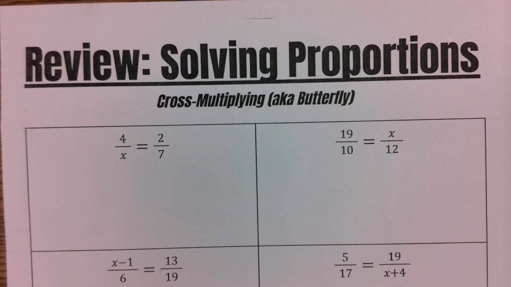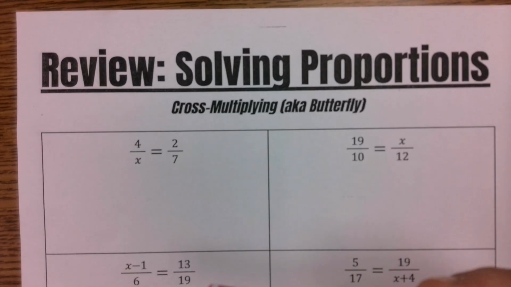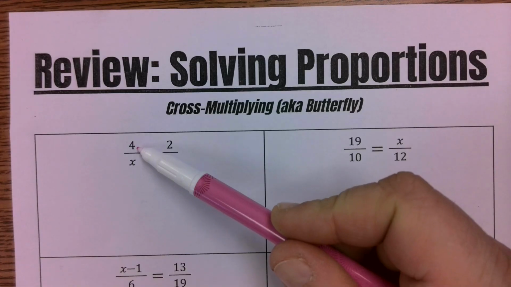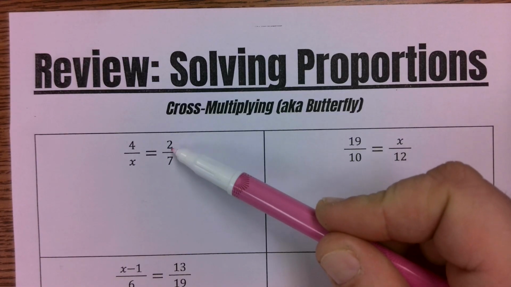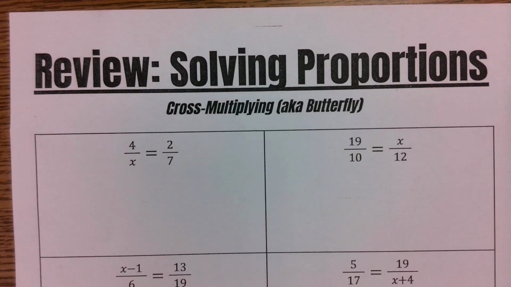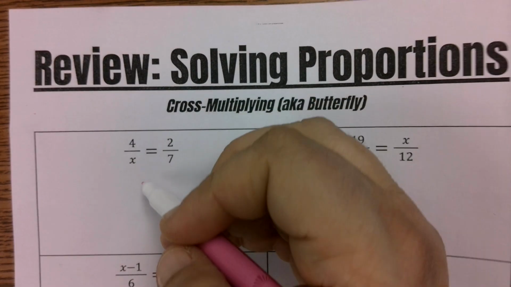So when we're doing cross multiplication, the way that we know that we need to use cross multiplication is when you see a top and a bottom on the left and a top and a bottom on the right. A fraction equal to another fraction. Cross multiplication is called that because when we